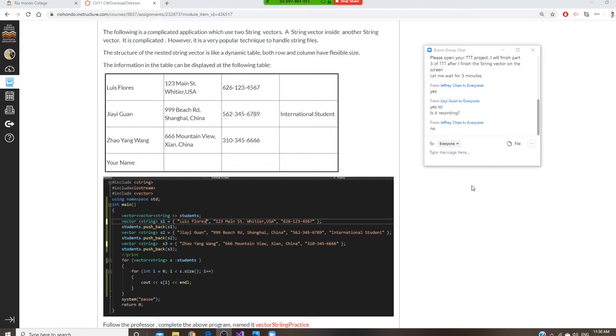So today is April 9. We are going to practice string vector. String vector is a very popular technique you are going to use in C++ and database,